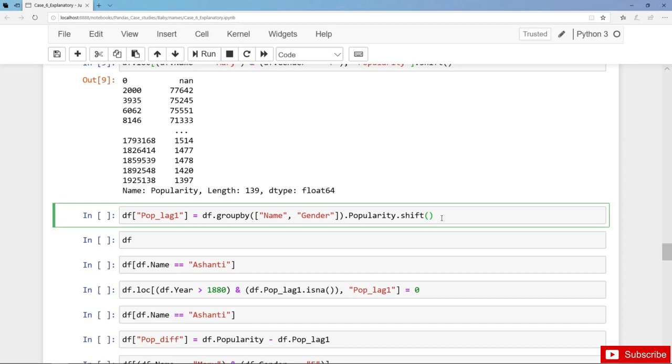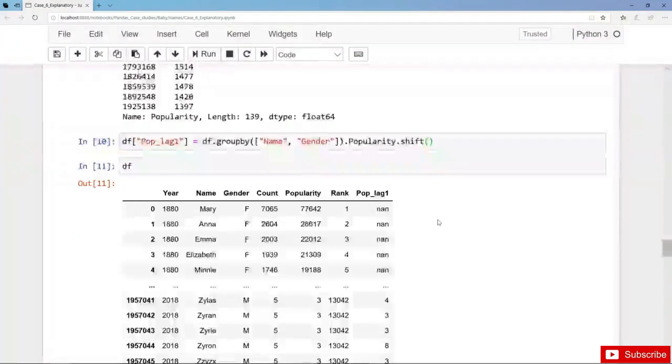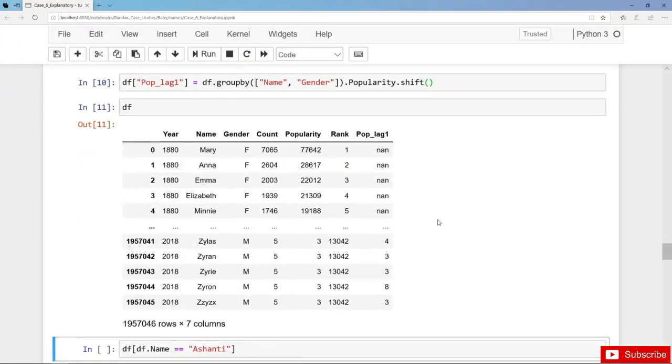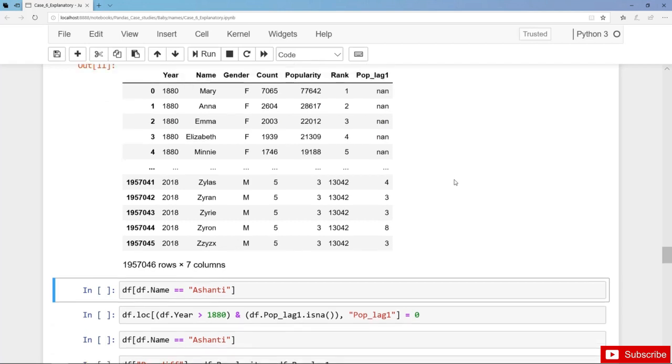So let's do this. And let's inspect. So now here on the right hand side, we have the additional column pop lag 1. And it's no surprise that for the year 1880, we get missing values. And this is actually totally fine, because we simply do not know the lag, because we do not have any data for the year 1879. But still we have one problem now,